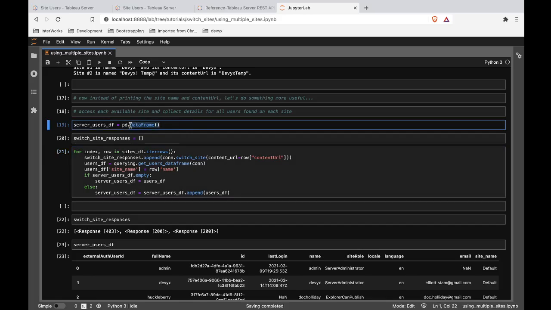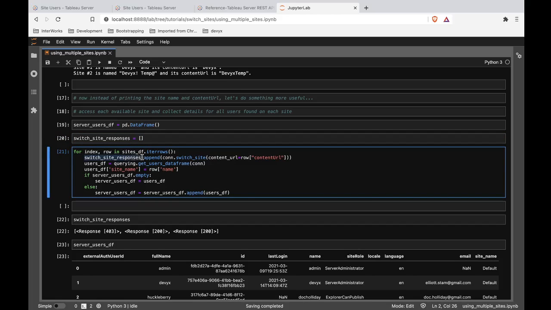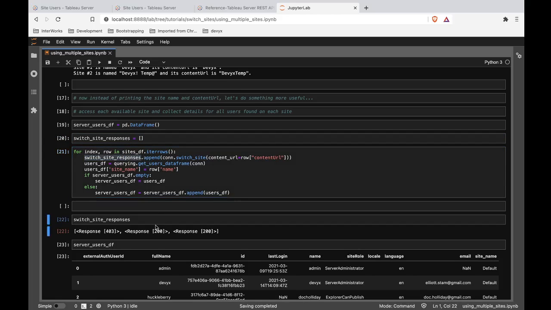I do define an empty data frame at the beginning. That's because I want an object that I can append to. And then we are also having this empty list here, switch site responses. This is just something that I do. I think it's a best practice because then if something fails in your process here, you could also reference those switch site responses, and we would be able to see, like for example down here, when I was practicing this,